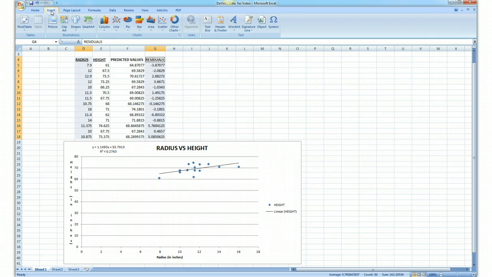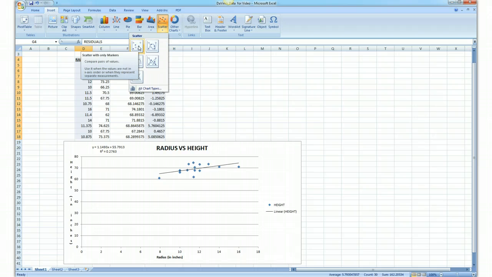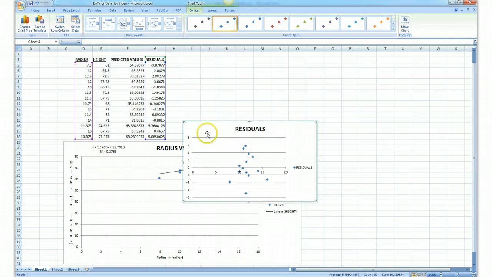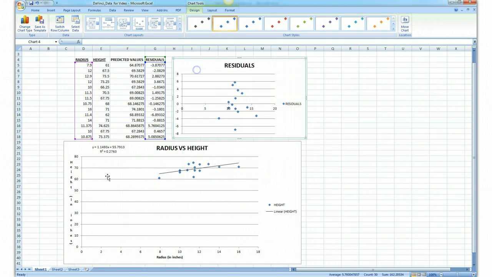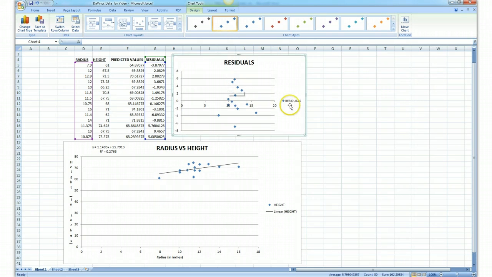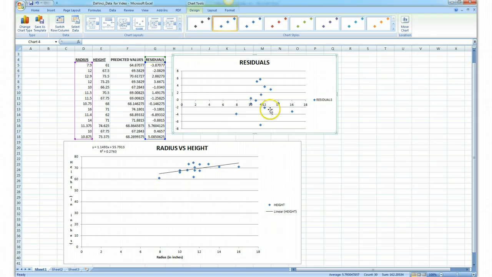We go to insert, and once we click on insert, we go over to scatter and click on the first scatter graph. There it is. We'll drag it up. We could make it a little bit easier to view. You could drag it to make it a little bit longer, but it might be a little bit easier to